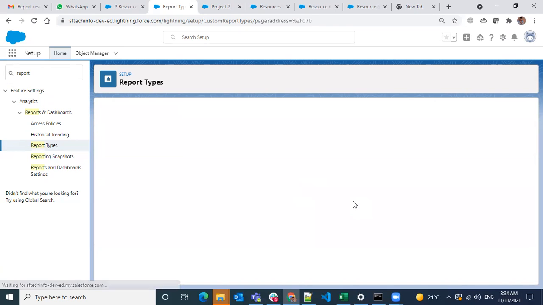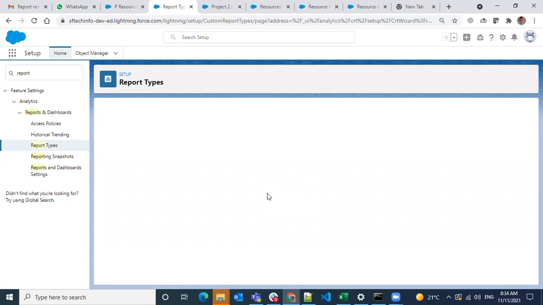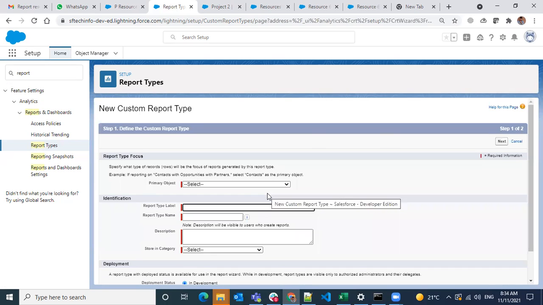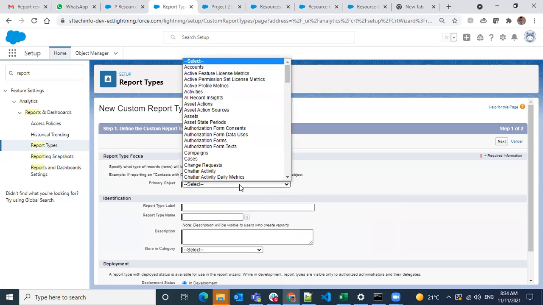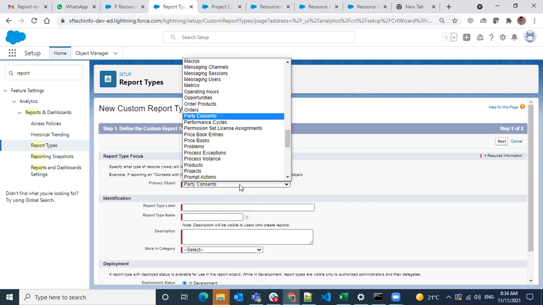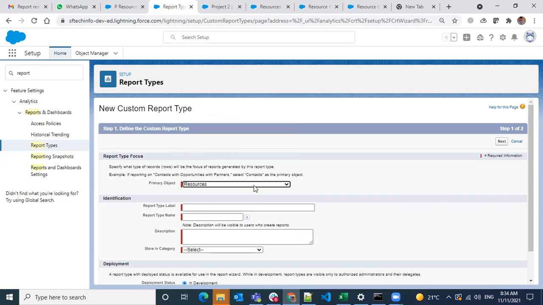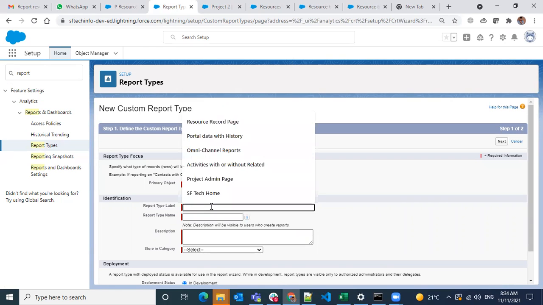Let's pick up one object here and see how it behaves. First you have to select the object you want to create the reports on. Let's say I want to create only the resources report.